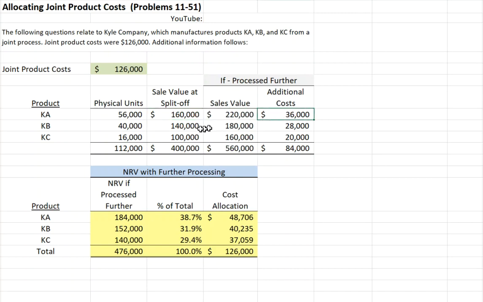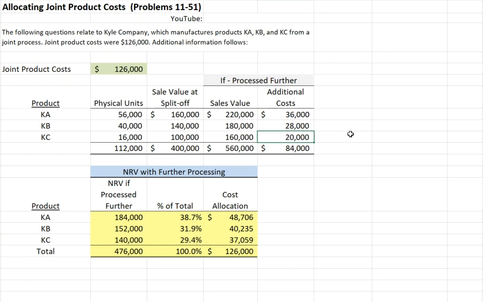Of course we should do it. For product Kb, we net an additional $40,000 in sales proceeds, and it will only cost us $28,000. Of course we should do it. And the same is true for product Kc, where we net an additional $60,000 in revenues for incurring an additional